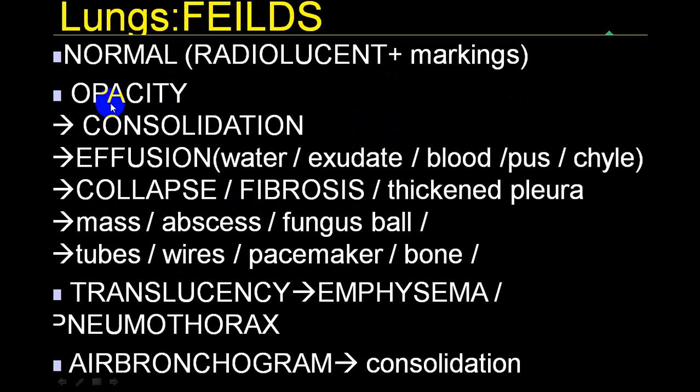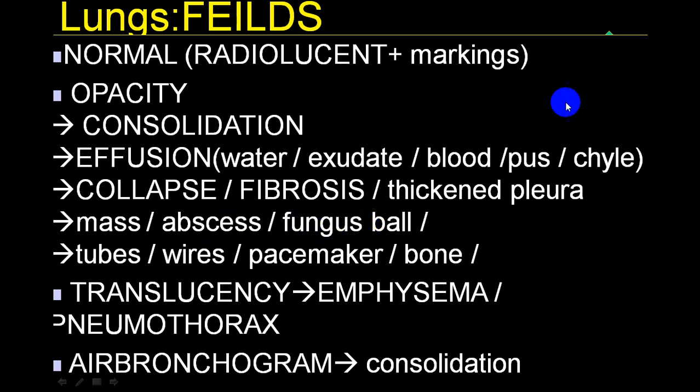If there is a radio opacity with radiolucency, we call abscess if there is a horizontal fluid level, and if there is no fluid level but a radiolucency bounded by a radio opaque border, we call it a cavity, and if there is a shadow inside that particular cavity,